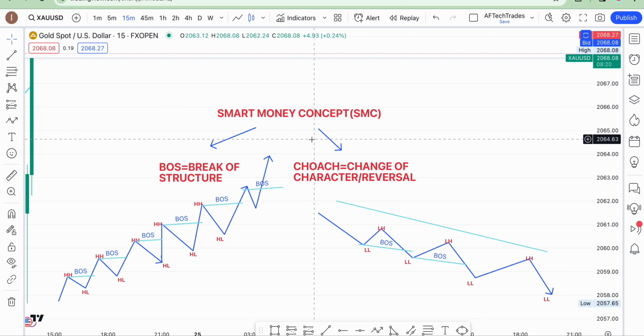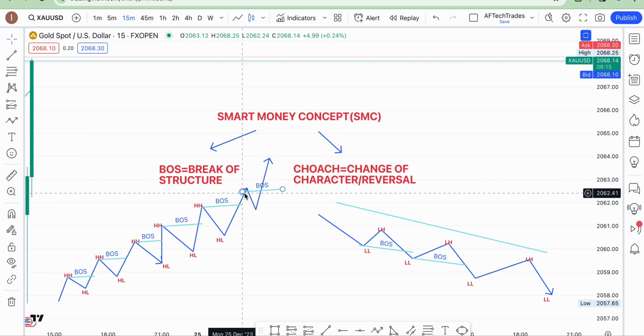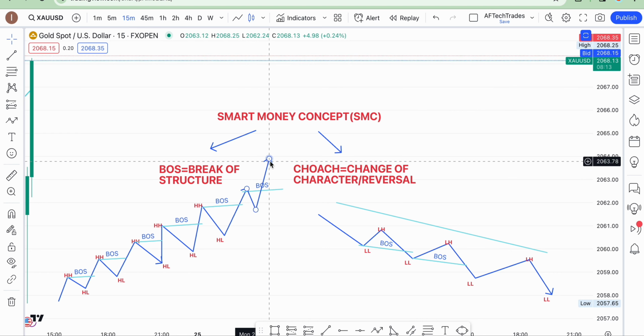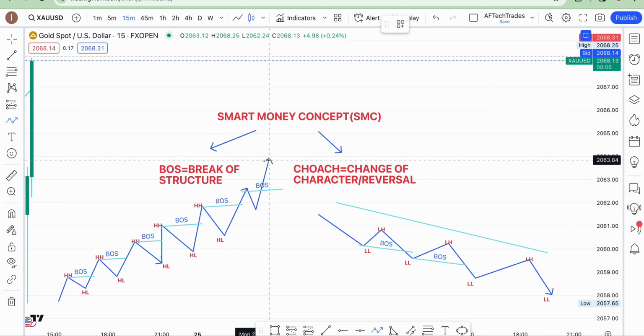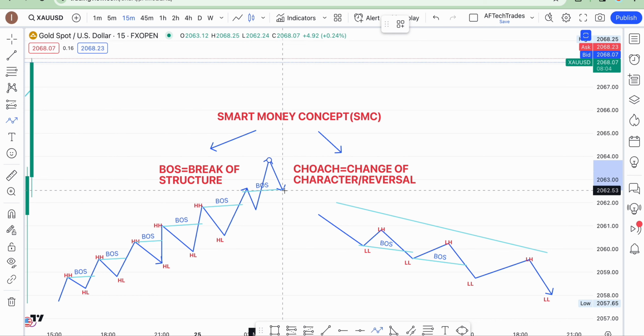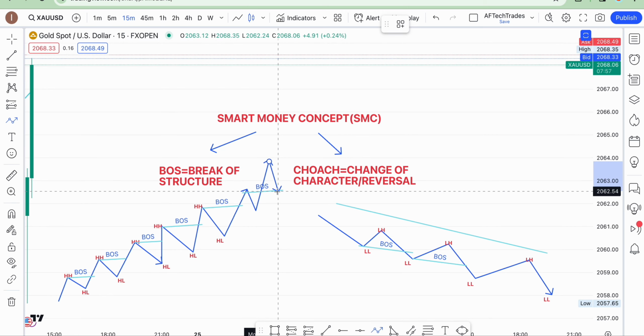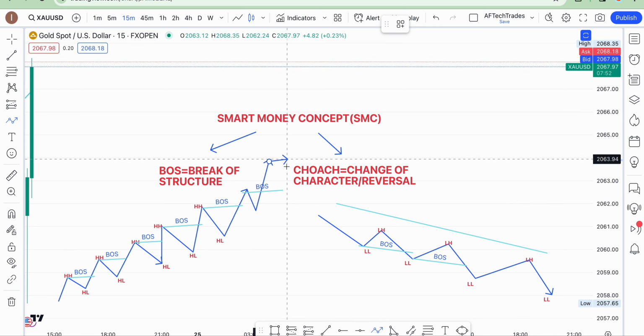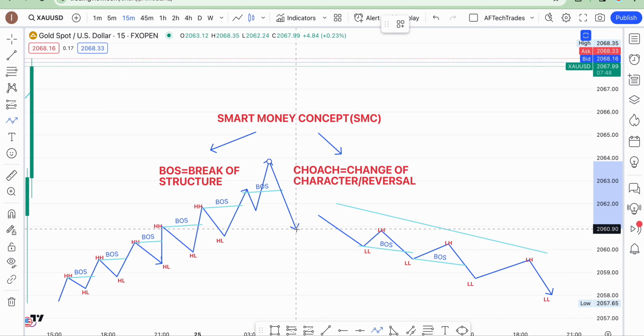So let's say this market was just giving us a break of structure going up and down. Then instead of creating another break of structure like this, we're expecting it to come back here, right? Then go back like this, right? After not breaking this structure, we're expecting it to continue going up, right? So instead of that, we now saw something like this.